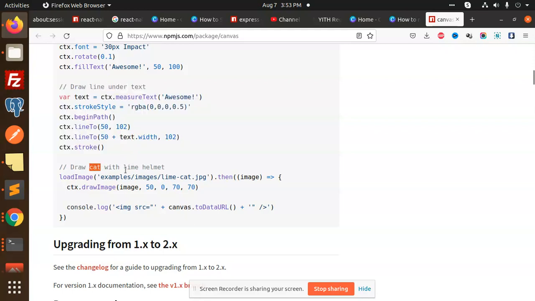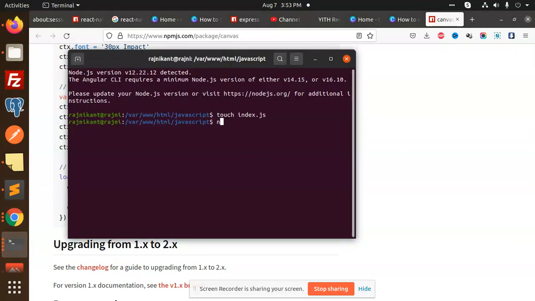After that, draw the cat with the line helmet. Okay, so we have added this one. Then we are going to console.log where it should be, right? So here we go with this one. Okay, so like this we are going to run node